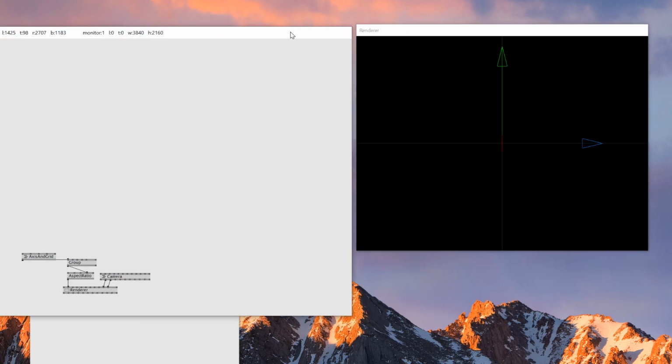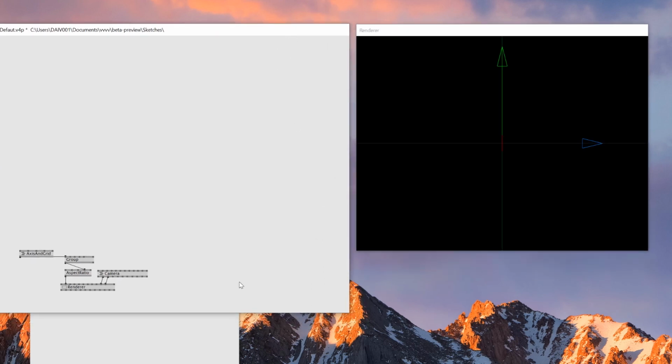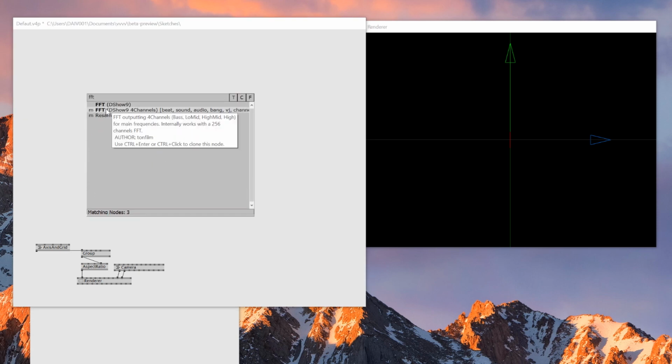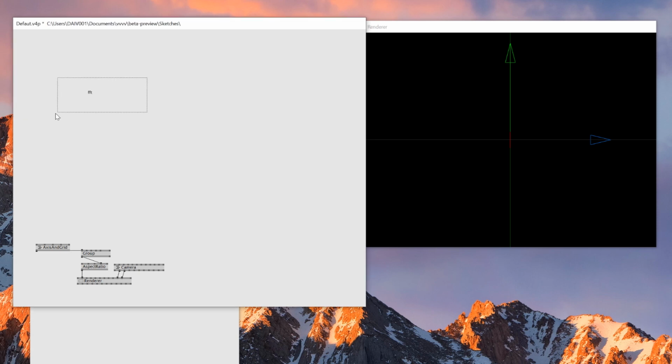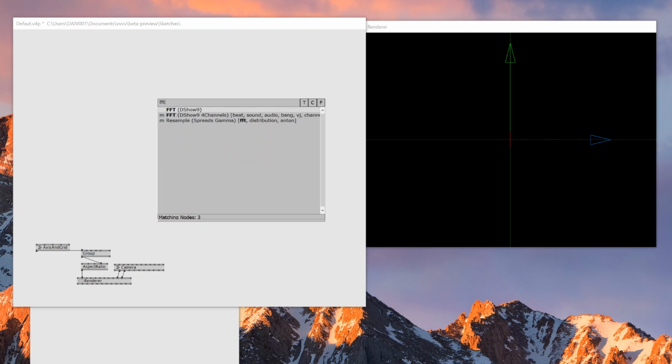So doing audio reactive stuff inside vvvv is really easy, and it's very smooth, and I believe it's one of the easiest platforms to play with audio reactive stuff. So let me show how to do that. Basically in vvvv you only have to know this node called FFT, which is